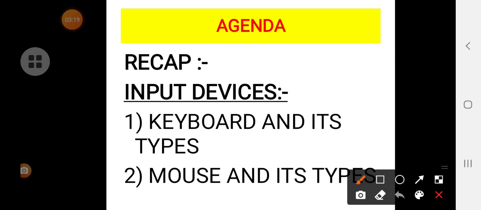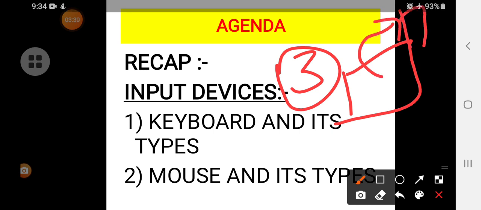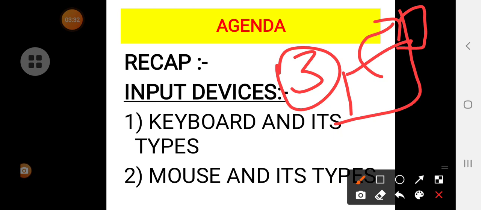Then what else did we discuss? The third type, that is the wireless keyboard. There are no wires attached from the keyboard to the CPU. So how will it work then?